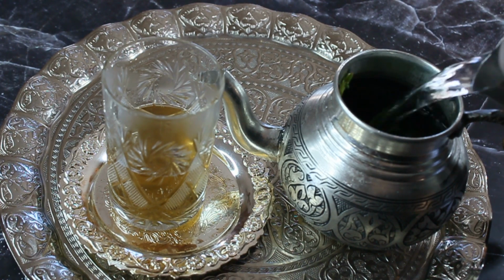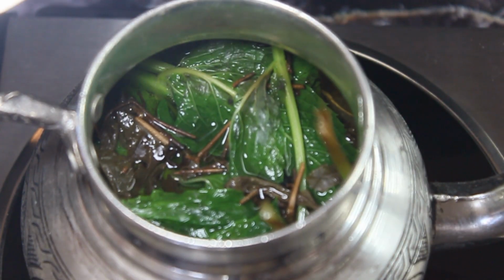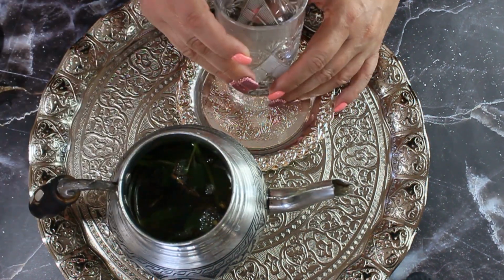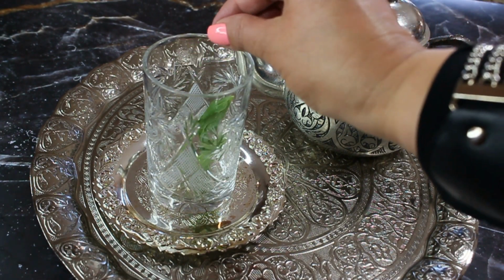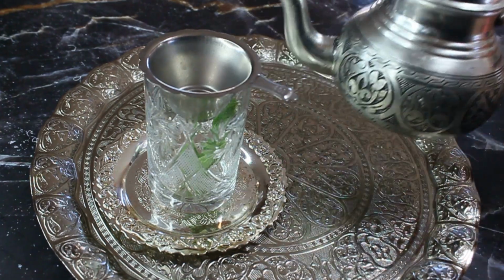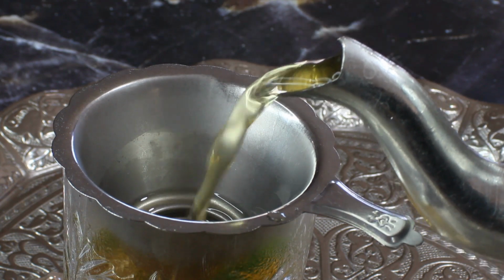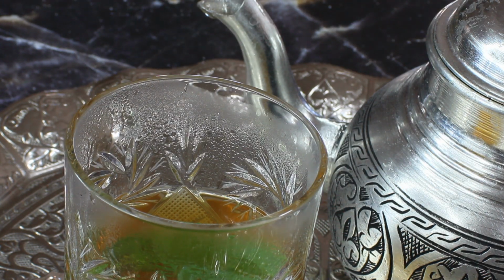We're gonna pour hot water 3/4 of the way, and put it on the stove to boil. As soon as you see your tea starts to boil, you're gonna take your teapot off the heat. At this point, you're gonna add that reserved first steep back to the pot, and our Moroccan mint tea is ready. You can put a couple fresh mint leaves inside the glass, and if your teapot doesn't have a strainer, you can use a strainer just to catch those loose leaves and pour your green tea, Moroccan mint tea, in your glass about 3/4 of the way,